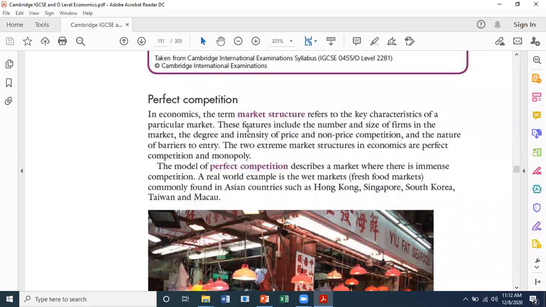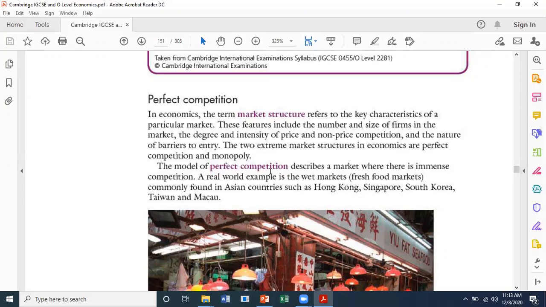In economics, the term market structure refers to the key characteristics of a particular market. These features include the number and size of firms in the market, the degree and intensity of price and non-price competition, and the nature of barriers to entry. The two extremes of market structure in economics are perfect competition and monopoly. So again, the two extremes are perfect competition, and on the other side, if you look into